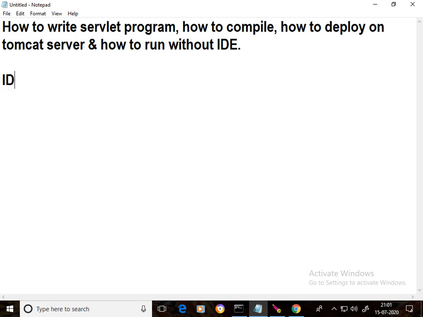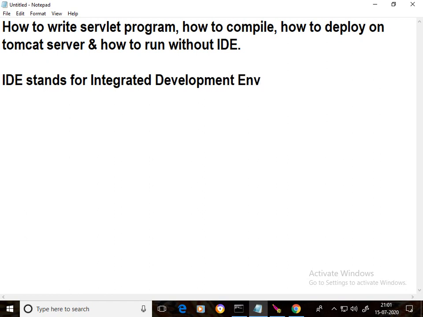IDE stands for Integrated Development Environment.